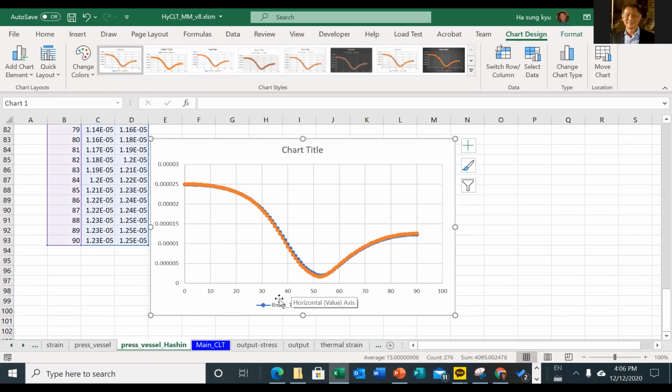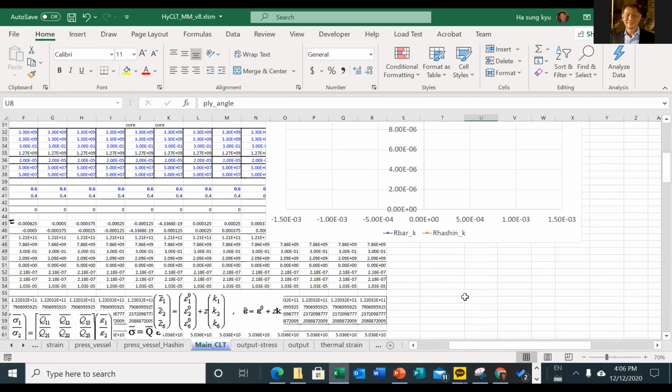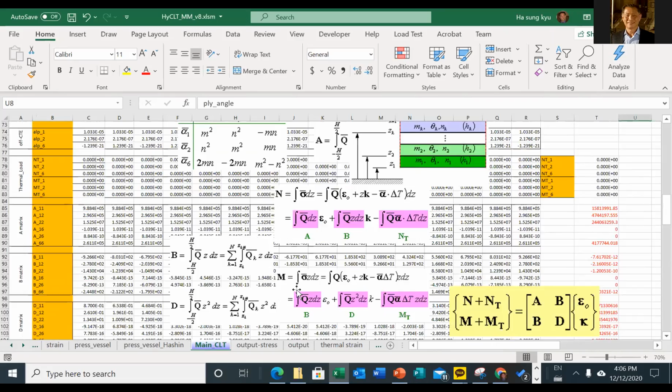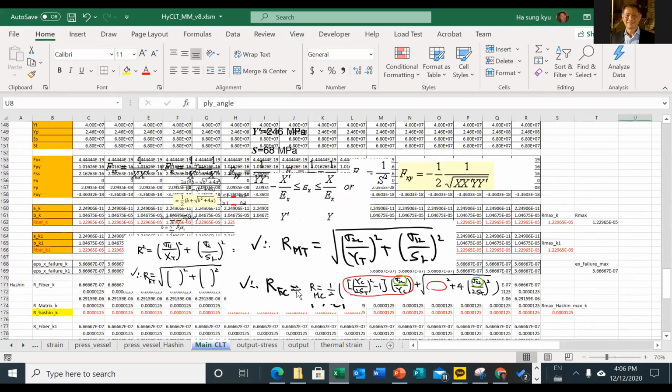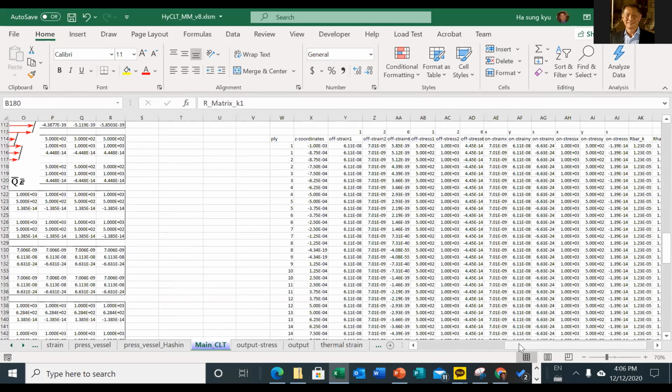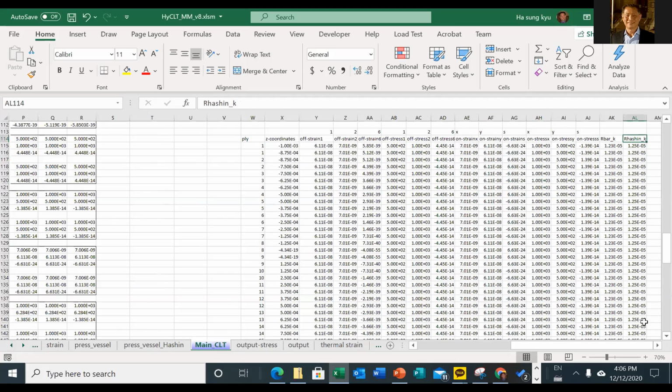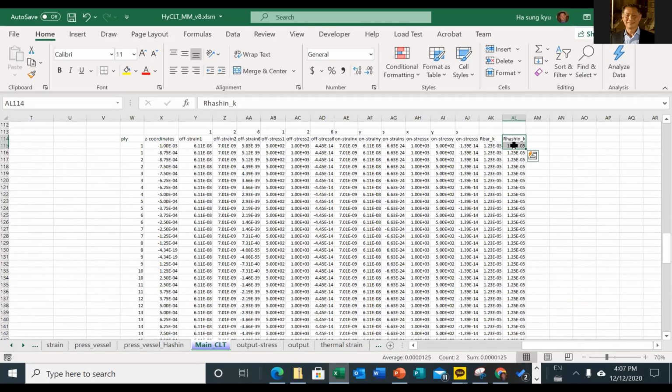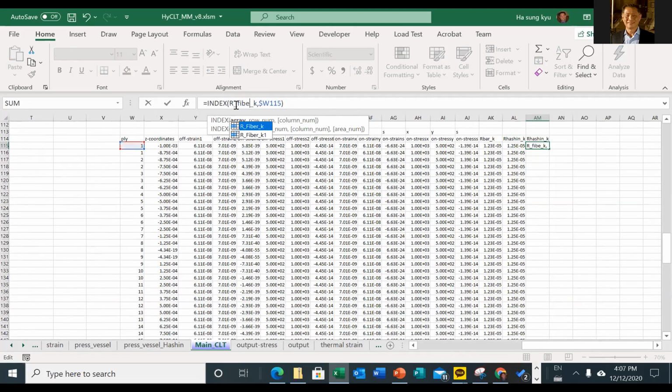So what we like to do is plot this fiber mode and matrix mode. Okay. In matrix mode, we just have a matrix and fiber, and matrix, fiber and different K. That's so easy, very easy to add them. So here we can have, say we just plot at K. Okay. We can plot K1, but just plot K, and here we can have Hashin, we can have a fiber, right? And also